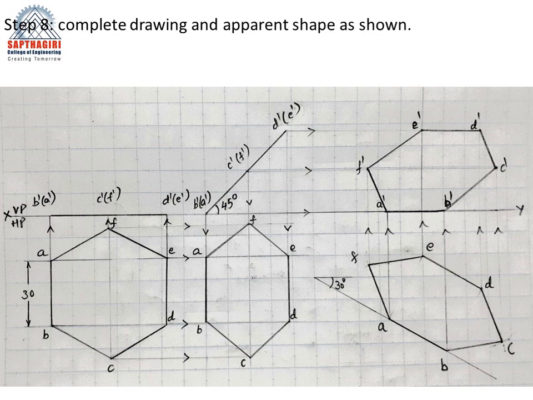Darken all the lines, visible edges must be darkened, all projection lines can be thin, and draw the arrow marks with respect to the procedure. In the first step I have drawn the top view, and I mentioned the arrow mark for the second position. Similarly the front view is shifted to the second front view, same dimensions at 45 degrees, and then projection lines are drawn below, and from the first top position arrow marks are drawn towards the right to identify the second apparent shape. Similarly the second position is shifted to the third position, and from the third the final front view is obtained. The arrow marks are represented as is.